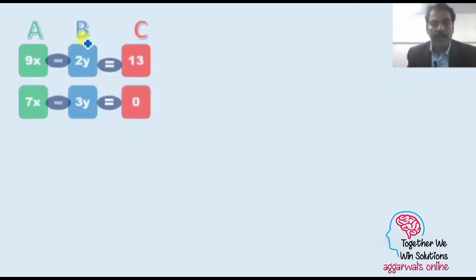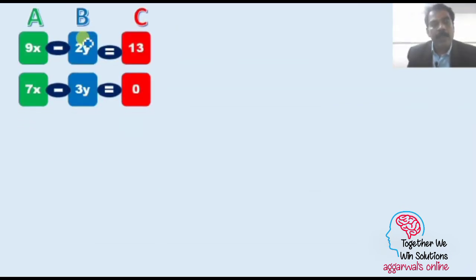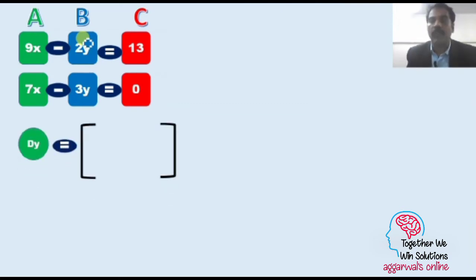Now in order to find the value of y, we will copy the equations again. We will go to column B because we have to find the value of y. Now we are standing at column B, so we would jump to the next column, that is column C, but as per the rule we have to jump in an alternate way, and that is why we cannot write the values of column C first. First we will go to column A. Okay, so let us see how to find Dy.